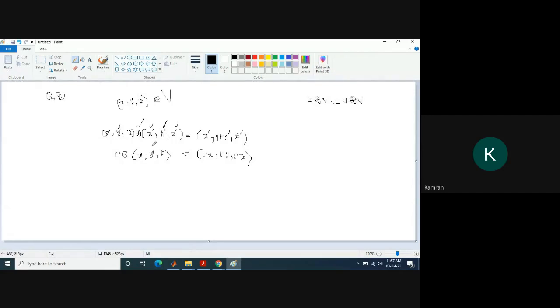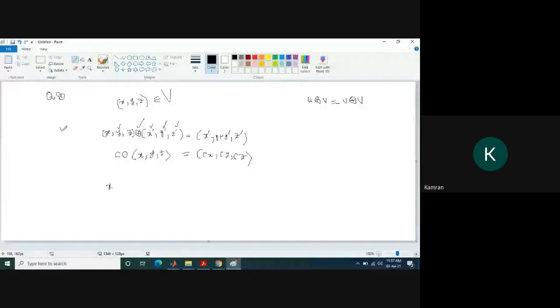So here U plus V is equal to this, where this is U and this is V. But V plus U is equal to (x prime, y prime, z prime) plus (x, y, z), and this will be equal to,